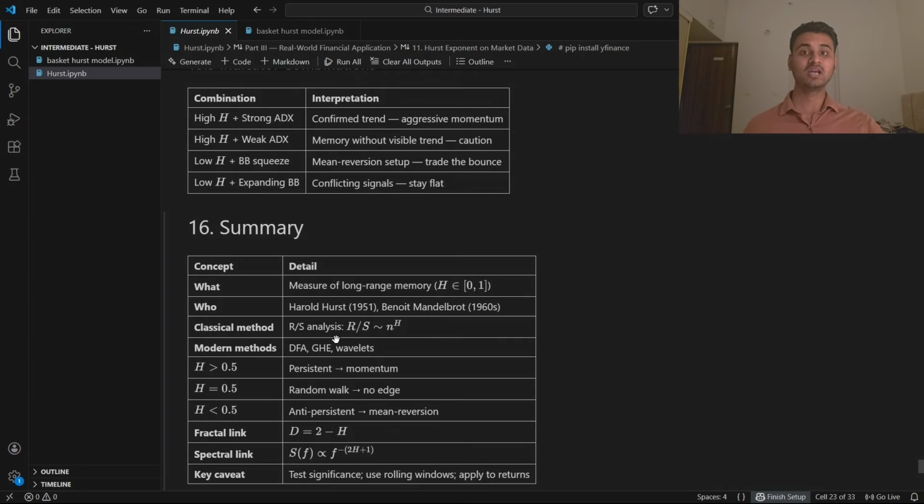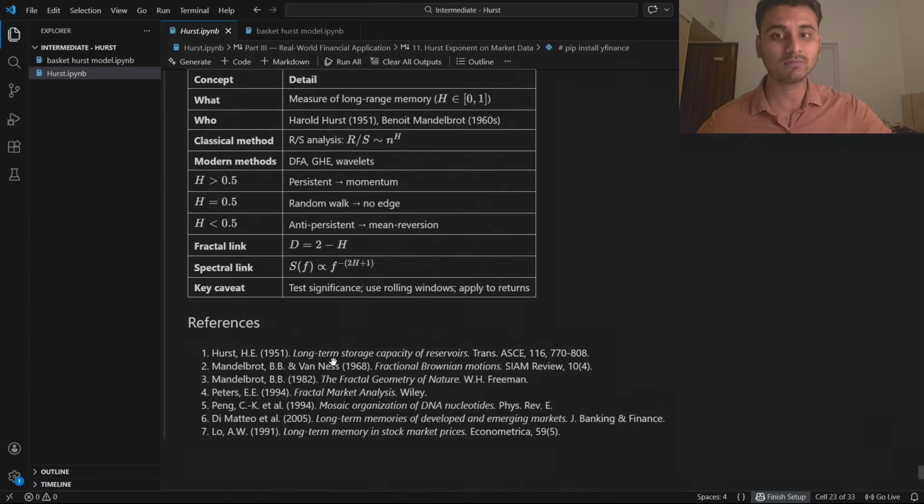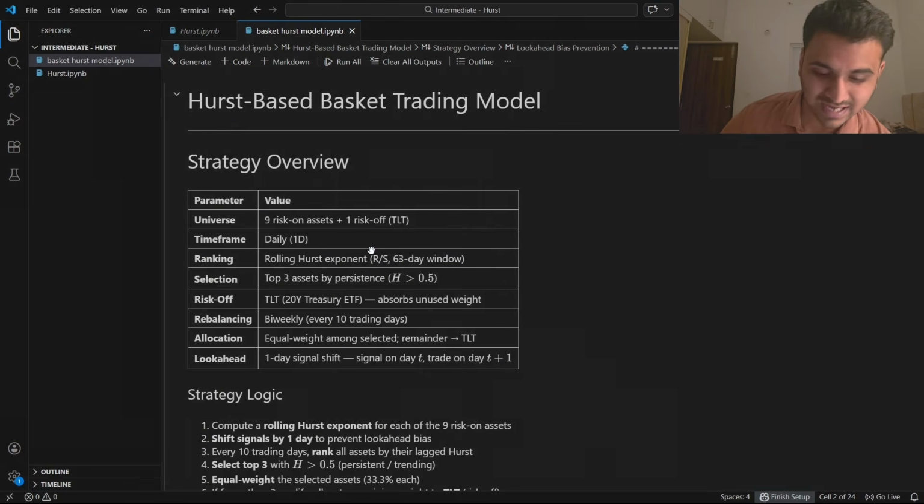These are the references. Now the main part. I don't want to just yap about the Hurst exponent and not show you the statistical advantage of using it. I want to prove to you that each of the parameters that we learn here has a real-time application. So I have created a random basket of trading